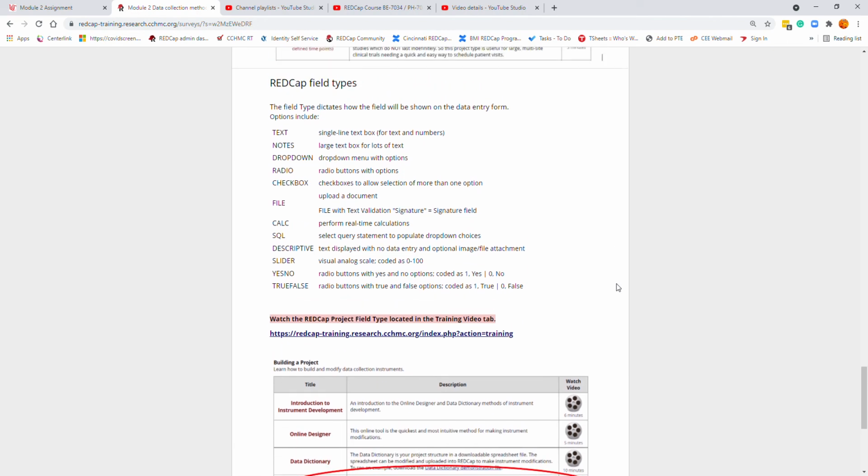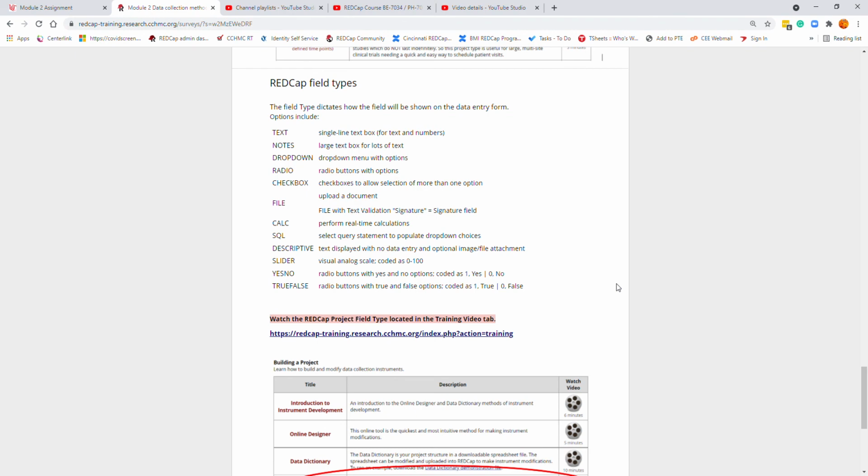There are different types of fields that are inside REDCap. I'm going to give you the list of what each of the field types are. Later on, we're going to learn a little bit more in depth what each of these fields are. So for now, this is more of a broad overview of the different field types. One option is a text field. This is where you have a single line text box. You could have a notes field, which is a large text box with lots of text. You can have a drop-down box and a radio box. Both of these are multiple choice with a single response option,